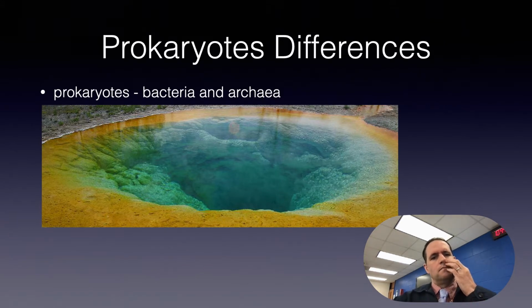So here's a picture of hot springs. Now, archaea are generally extremophiles. They live in crazy environments, with very high pH or very high temperature, or they can survive under the Arctic ice at very low temperatures. We're going to learn about some very interesting differences between typical bacteria and archaea. And I'm going to talk a little bit about evolution and the history of the Earth.